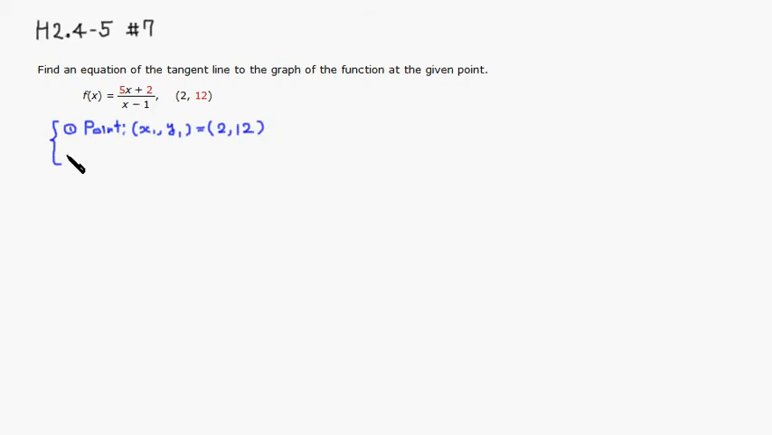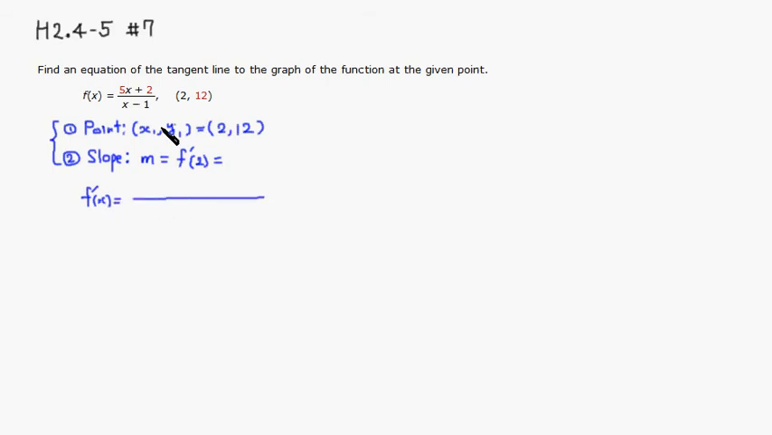The second piece of information we need to find is the slope, so let's call it m. This can be found by taking the derivative of the function and plugging in the x value, which is 2. So we need to find f prime of 2. First, we need to take the derivative. So f prime of x is equal to,